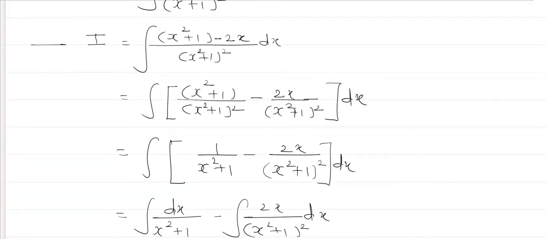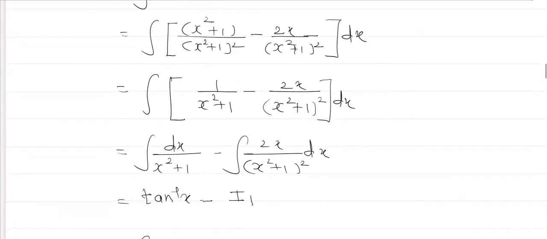प्रॉब्लेम नंबर 14, that I is equal to integral (x minus 1) bracket square upon (x square plus 1) आणि होल ब्रॅकेट स्क्वेअर. आता बघा इथे कसे ऍडजस्टमेंट केलेले, that is x square plus 1. हा हे जर आपण एक्सपान्शन केलं (x minus 1) ब्रॅकेट स्क्वेअर, that x square minus 2x plus 1, x square plus 1 minus 2x upon (x square plus 1) ब्रॅकेट स्क्वेअर. हा स्प्लिट अप केला आपण, म्हणजे काय की x square plus 1 ला (x square plus 1) ब्रॅकेट स्क्वेअरने डिवाइड केलं, minus 2x upon (x square plus 1) ब्रॅकेट स्क्वेअर. पुन्हा सिम्प्लिफाय करणार, integral, that is 1 upon x square plus 1 minus 2x upon (x square plus 1) ब्रॅकेट स्क्वेअर.